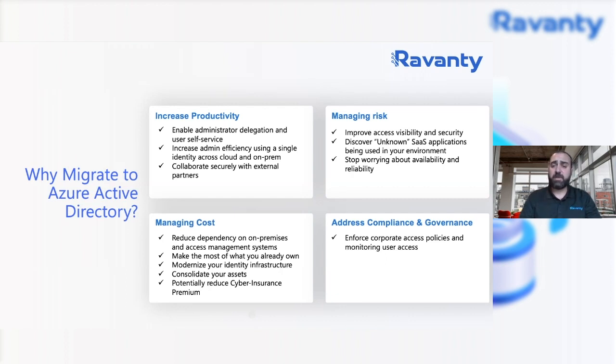Obviously, managing risk is a big component in this context, as it pertains to providing better visibility mechanisms around security and compliance within the organization, and really assisting businesses with understanding the landscape around unknown applications, SaaS-based unknown applications that may be used by users within the organization, which is a very common scenario that we've seen in different industry verticals, and really providing that peace of mind for admins to stop worrying about those scenarios within the organization, and providing some automated mechanisms as well.